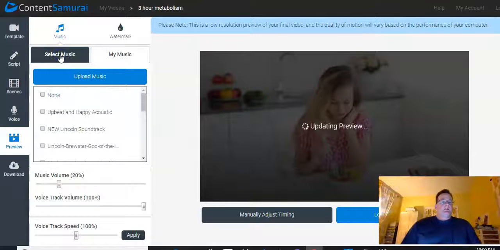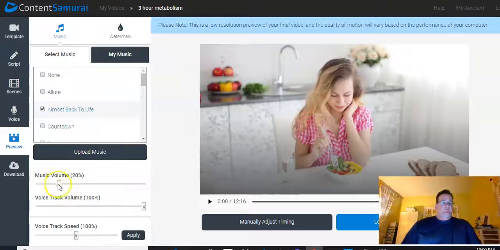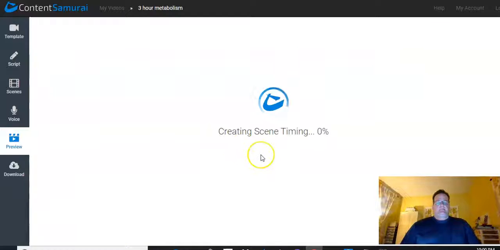Okay. You can adjust the music volume so it's not overpowering the voice. You can bring that down. You can adjust the voice track if you think it's too loud. You can adjust the speed. A lot of these auto voices tend to do a lot better at around 92, 91%. Just hit apply. It'll have to go through and recreate the scene timing, so that's going to take a little